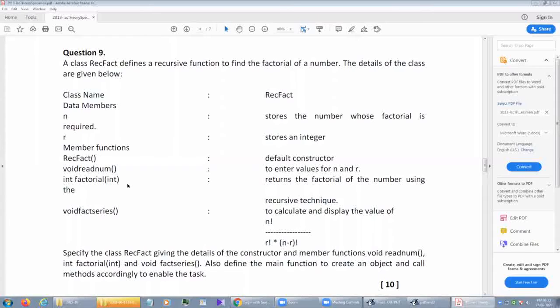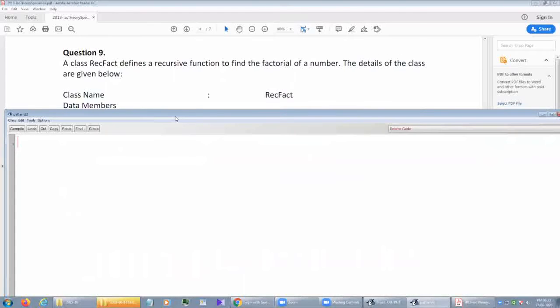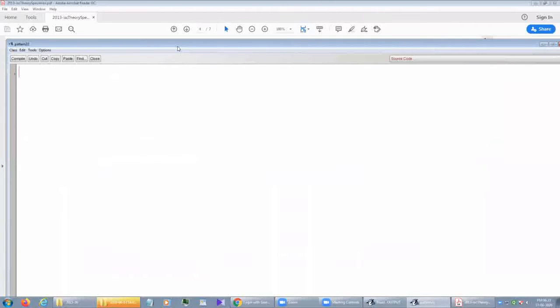Let's start this program and see how we can solve it. As per the question, we need the package because of void read num. So import java.util. The class name is given.